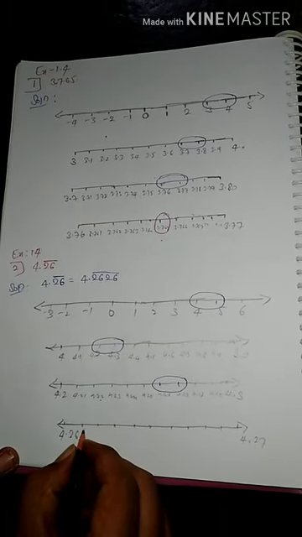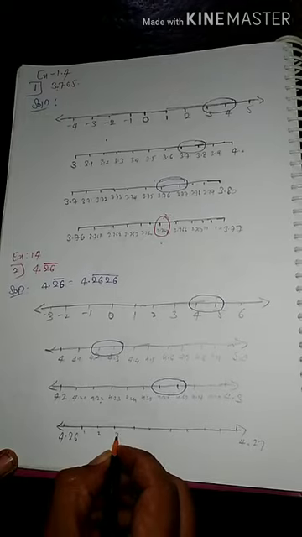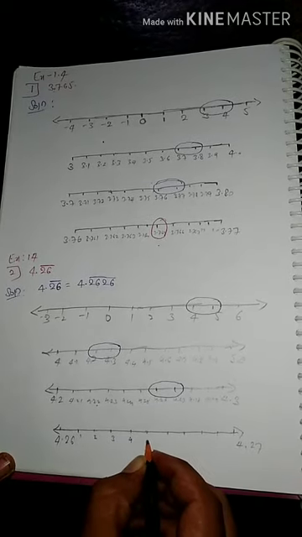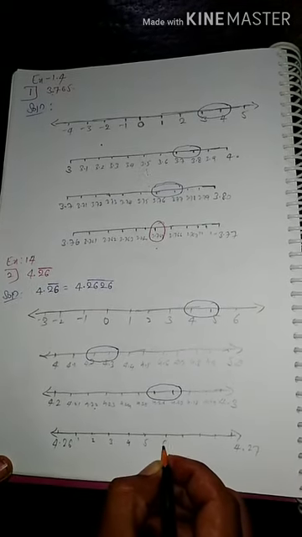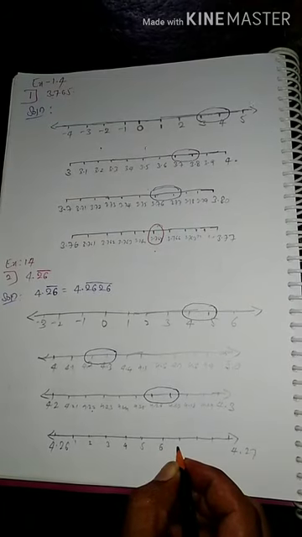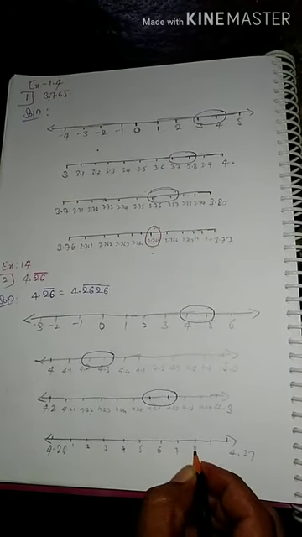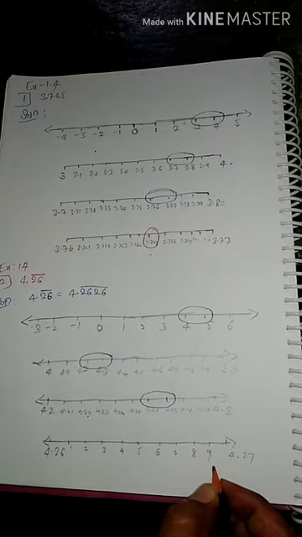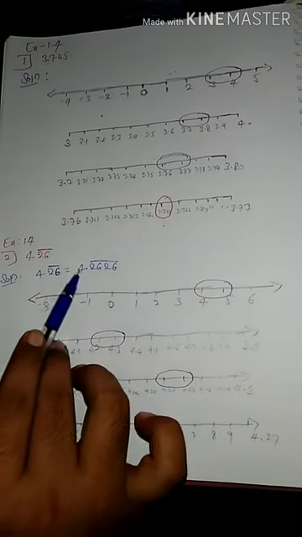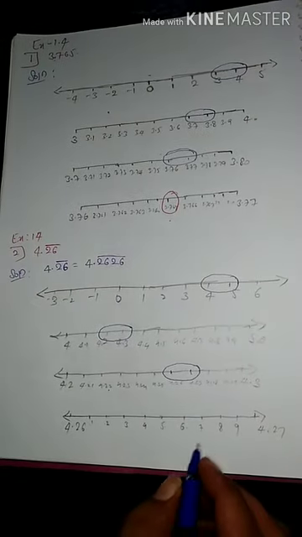It is 4.261, 4.262, 4.263, 4.264, 4.265, 4.266, 4.267, 4.268, 4.269. And here 4.2626 again lies between